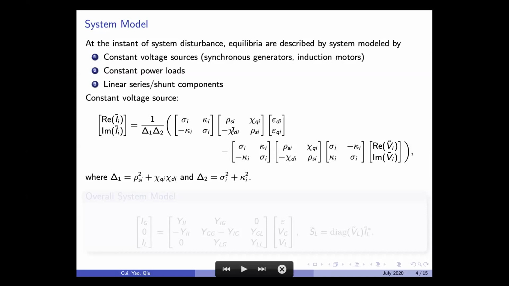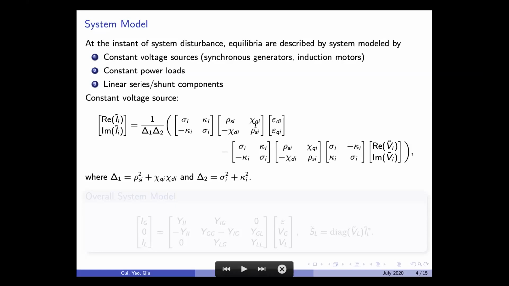It's worth noting that in the matrix preceding the epsilon D and Q, if chi D and Q are the same, then actually we have a non-salient pole generator model, and for that model, that model is actually linear in phasor domain, which means it's equivalent to a constant voltage source behind the impedance, so that it can be incorporated in existing solubility conditions, but not for this one because we have different D and Q